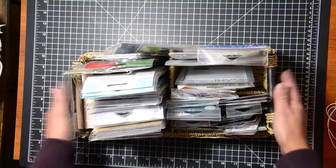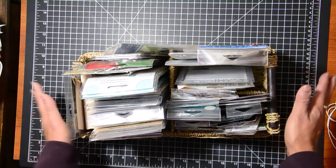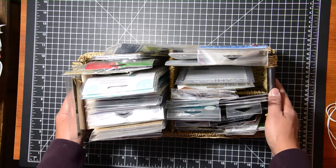So if you are interested in seeing me create some, or getting inspiration from me using stamps in scrapbook layouts,